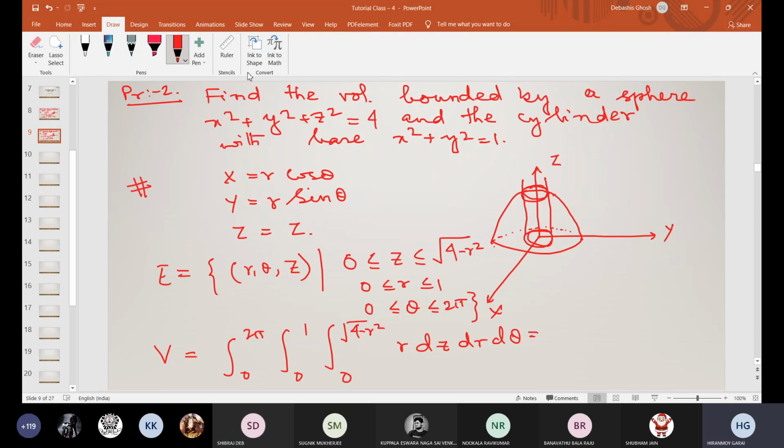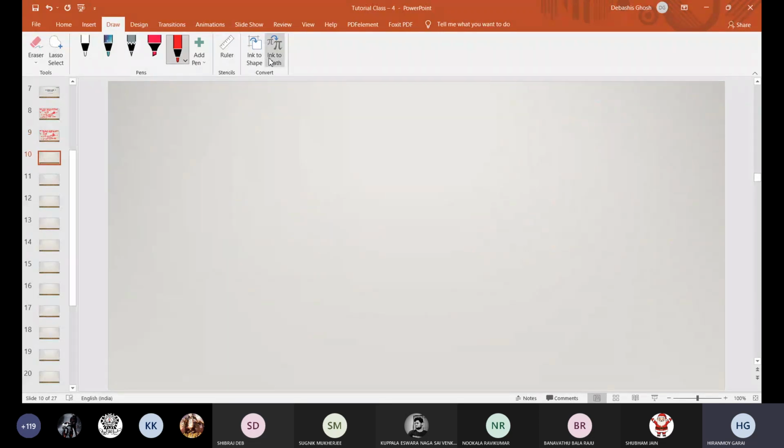After evaluation you will get 2 pi times 8 by 3 cubic unit. We can solve this, this is the same as your problem number 1. Now problem 3, find the volume bounded by